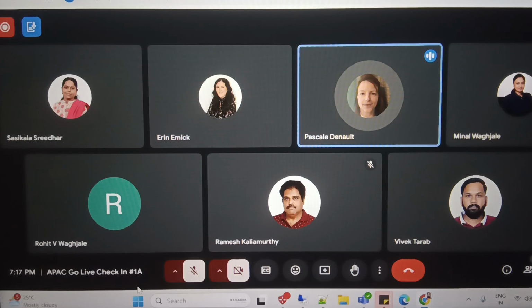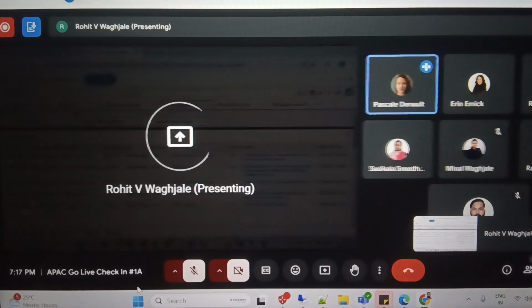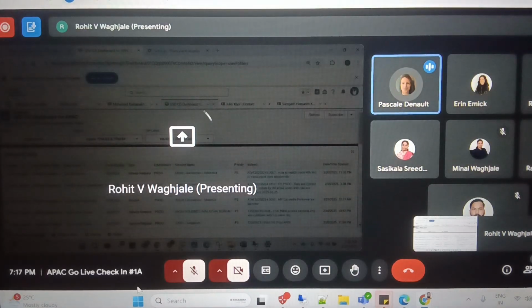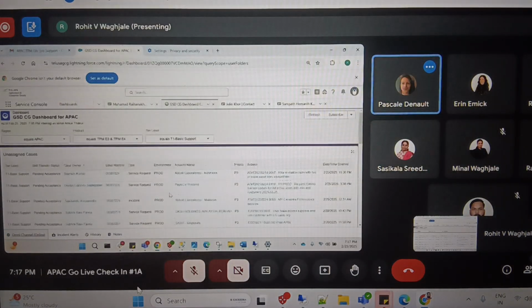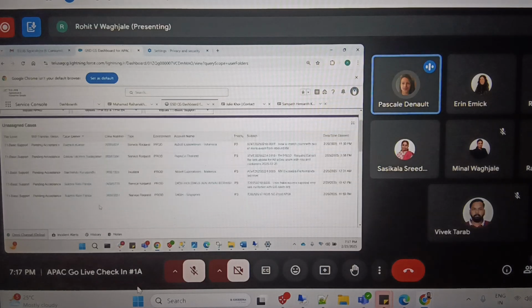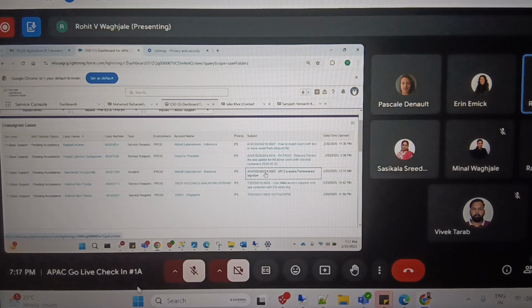Because if at any point the case went into a skill transfer, meaning there's a tier level and skill transfer status pending acceptance, it should be offered to someone there. So do you have the example here? Yeah, these are the cases. If we open this one,